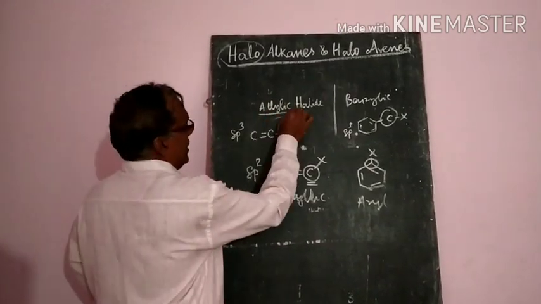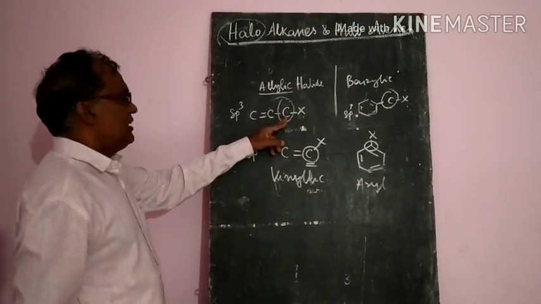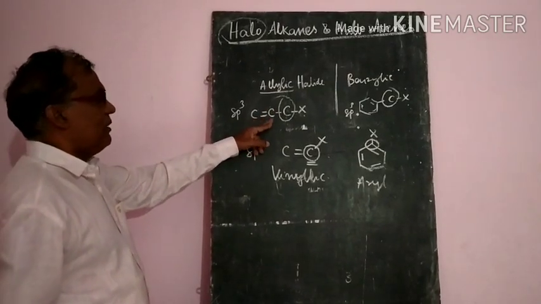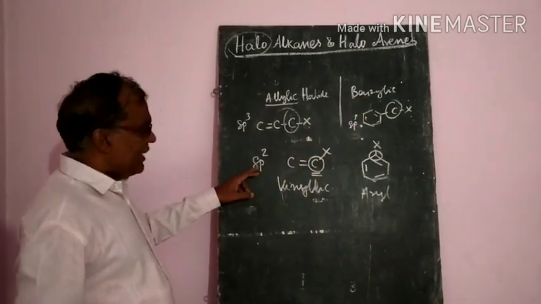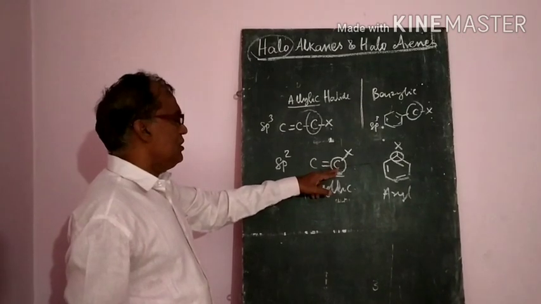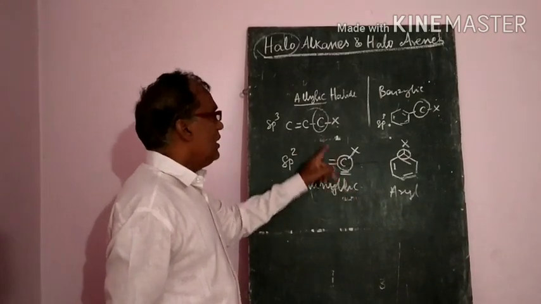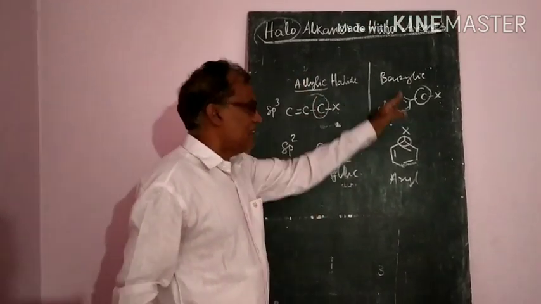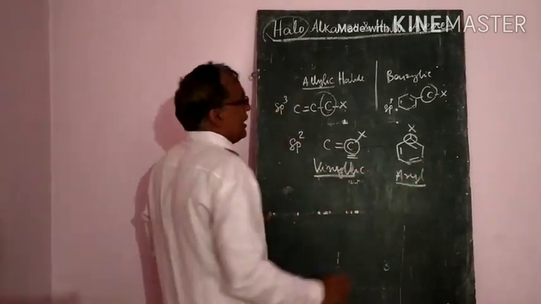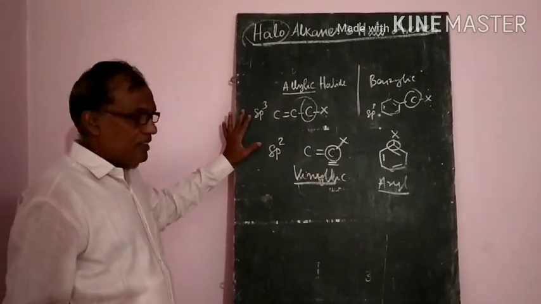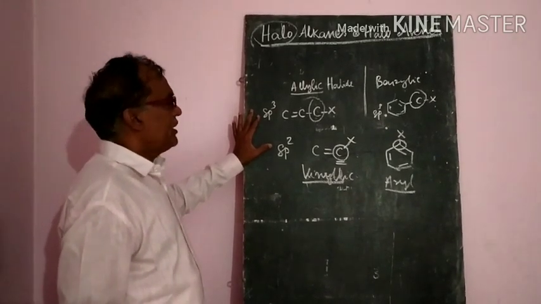So they are asking the question, what is the allylic carbon atom? The carbon atom where the halogen is attached, if it is attached to the adjacent double bonded carbon atom, is called allylic, otherwise it is called benzylic in the benzene ring. Suppose it is directly attached to a carbon atom whose hybridization state is sp2, they are called vinylic. These are the alkanes and these are called the arenes. So allylic and vinylic halides, and these are called the aryl halides. So like this the classification is there. That was the introduction and classification of haloalkanes and haloarenes.